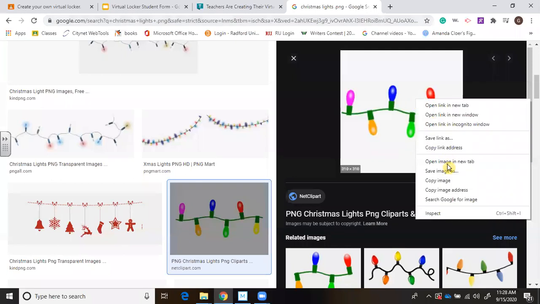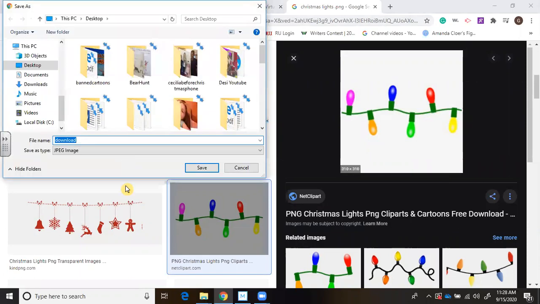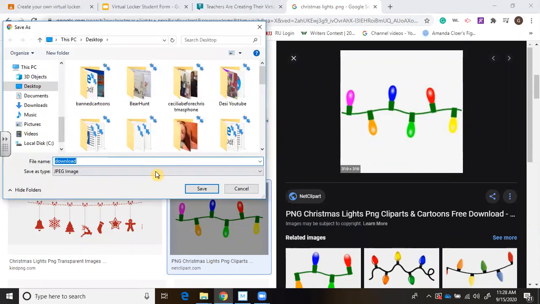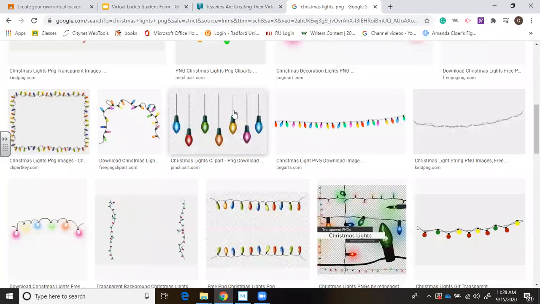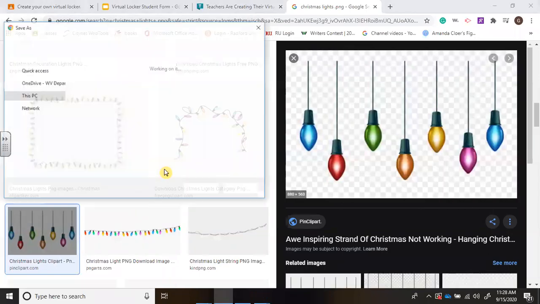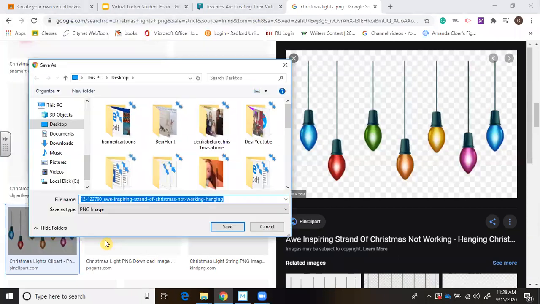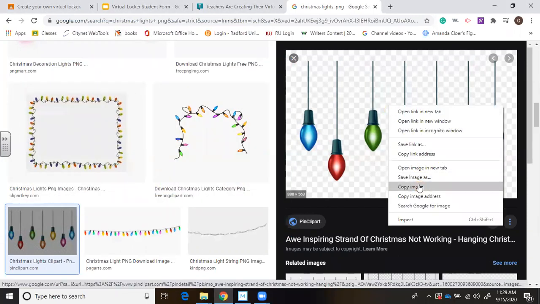But if I right click, save image as, okay, that one's going to save as a JPEG. So we don't want that one. You go look for another one. Here's some Christmas lights. If I right click, save image as, look, it saves as a PNG. So sometimes you get a thumbnail view that won't save as a PNG, but sometimes it will. So these images will save as a PNG, and you can pull those over, or you can just copy and paste this image. So you would just right click, copy image, and I can go to my virtual locker